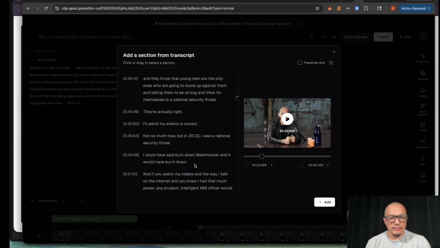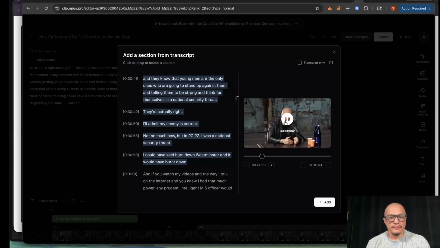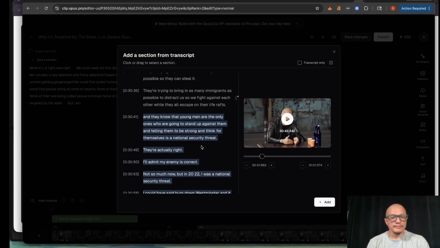Here, let's go down a little bit more and see what else he says. And they know that young men are the only ones who are going to stand up against them. And telling them to be strong and think for themselves is a national security threat. They're actually right. I'll admit my enemy is correct. Not so much now, but in 2022, I was a national security threat. I could have said burn down Westminster and it would have burnt down. And they know that